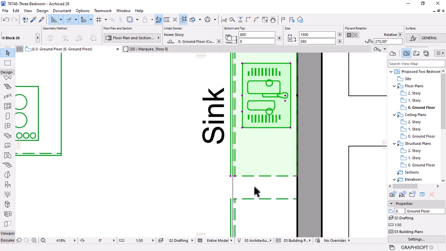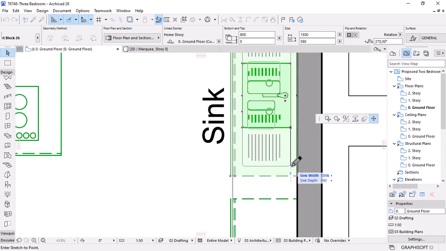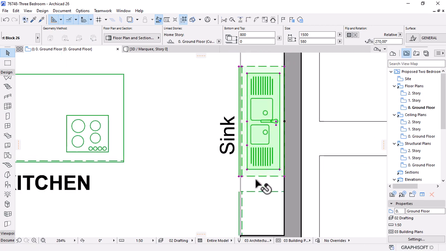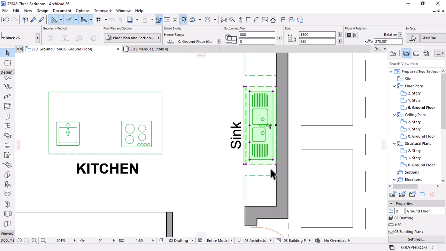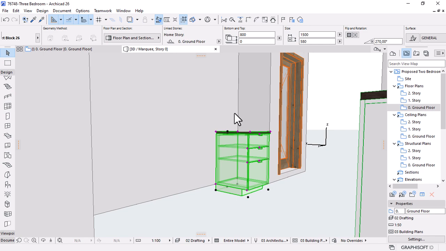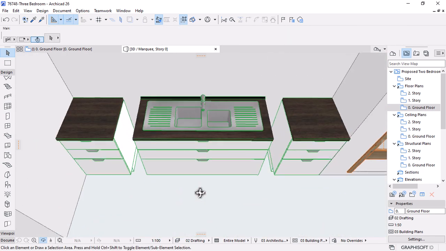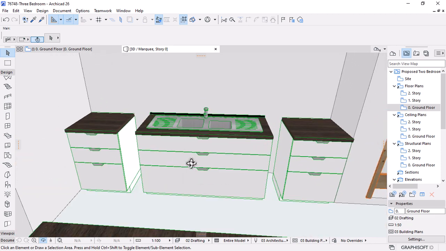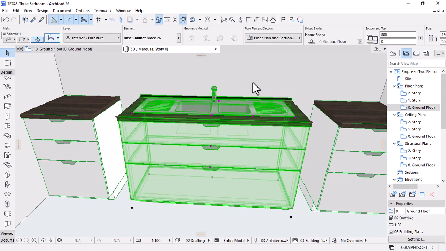We still have our sink not in proportion, so I can pick the point here and pick the move dot on your keyboard just to stretch your sink that way. Perfect. So yeah, I think we're having a nice setup. Let's just take a look in 3D before we complete the whole setup. As you can see, we have this, but for the sink I would want to have the 2 shelves instead of the drawers, so select it and then open the